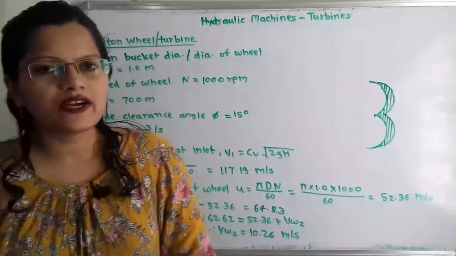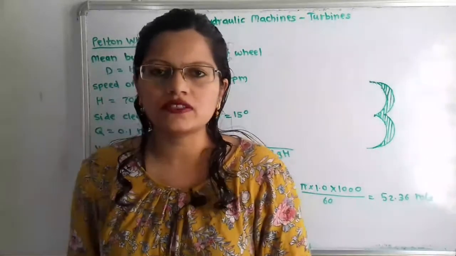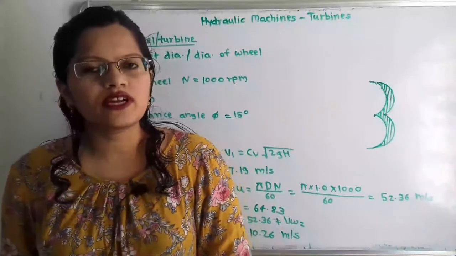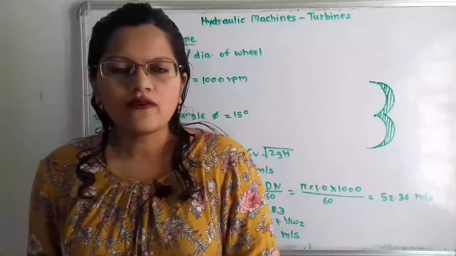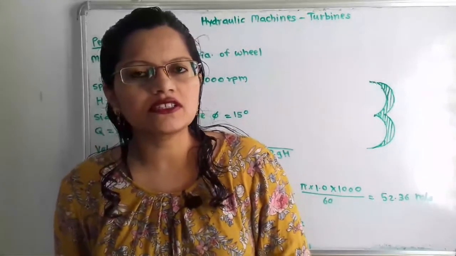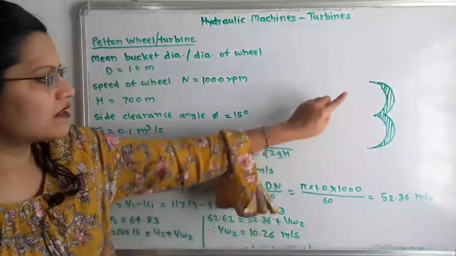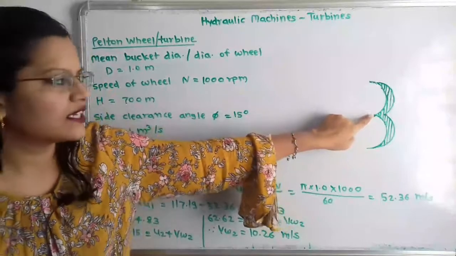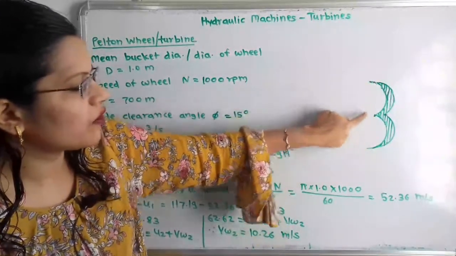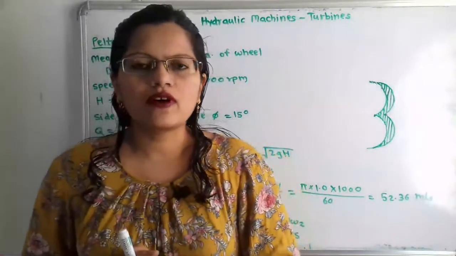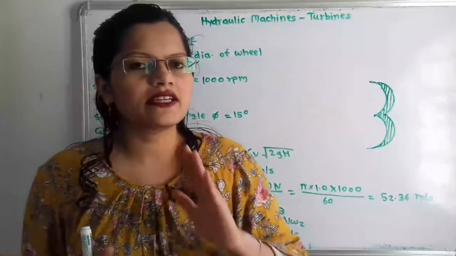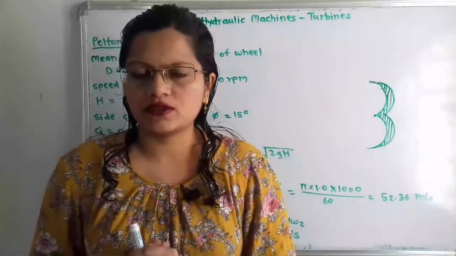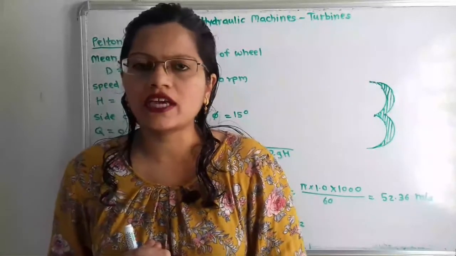Now to calculate the hydraulic efficiency, we have to find out what is the whirl velocity at inlet tip and at the outlet tip. That is, we will find out VW1 and VW2. So first, if we understand what is the structure for this Pelton wheel or Pelton turbine, then here is the bucket. So this tip at the middle is called as inlet tip, and here at these two tips are called as outlet tips. So we have to first draw the velocity diagram at the inlet tip and outlet tip. So for that we will first find out what is the jet velocity. So for jet velocity we will consider here as a V1.